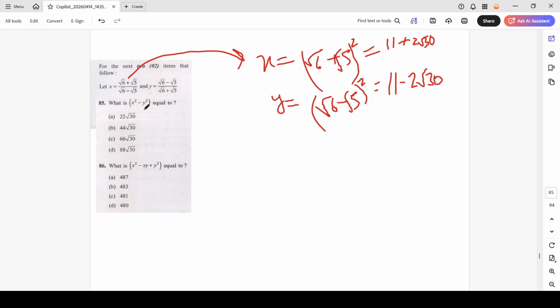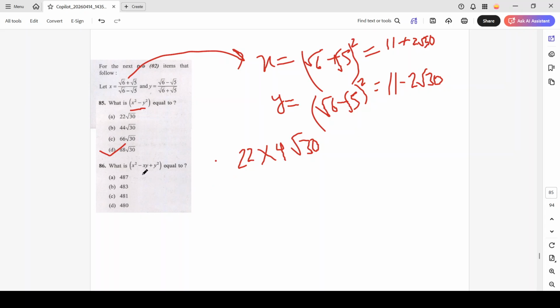Okay, now what is this asking? X square minus y square, that means x minus y times x plus y. What is x plus y? X plus y will be 22, and what will be x minus y? X minus y will be 4 root 30. What will be the answer? 88 root 30, D. 85 D. Okay,